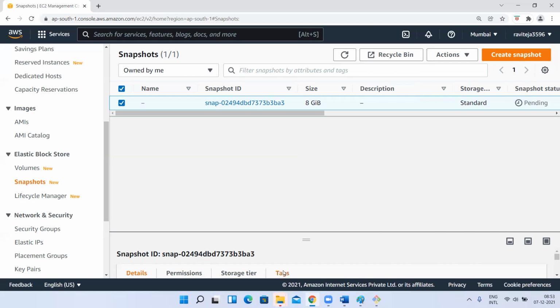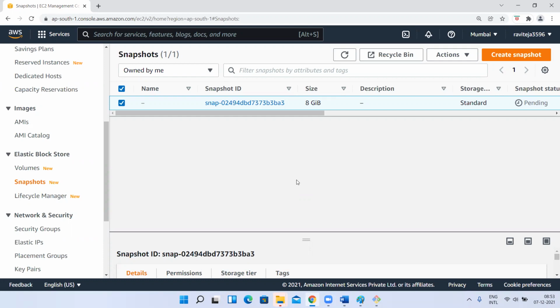I have a question here. Once we attach this snapshot to any other volume, the size of the volume will get increased by default? First, you do not attach this snapshot to any volume. That is wrong terminology, don't use that. You have to use proper terminology. You create a snapshot. Using this snapshot, you create volumes.